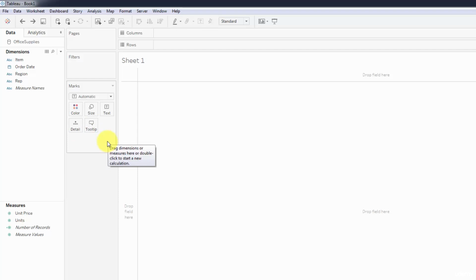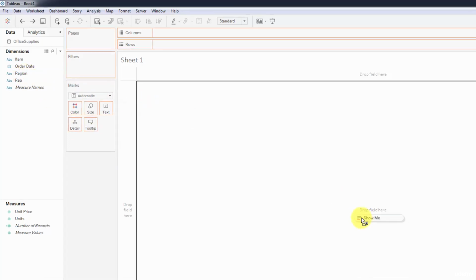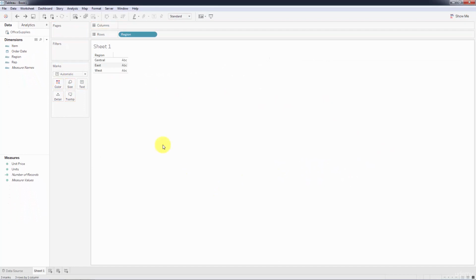I would assume let's start perhaps with region. So we just drag it into the middle here. And so we've put one dimension in, and let's put another dimension, let's say units. And right away you can see that by dragging those two in, Tableau has decided to put region automatically into rows, and your units into, it's summed them up, so it's aggregated them by region, and it's put them into